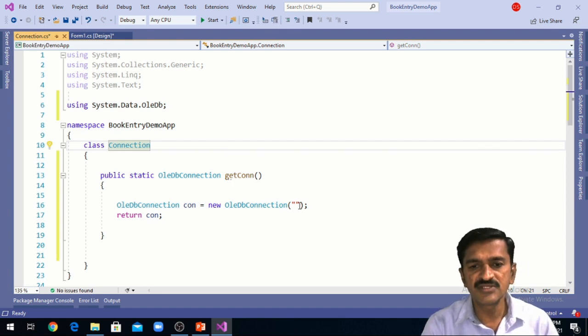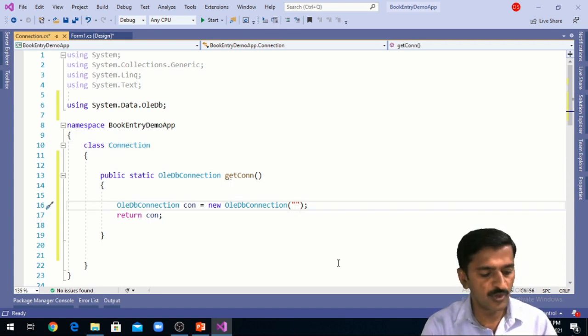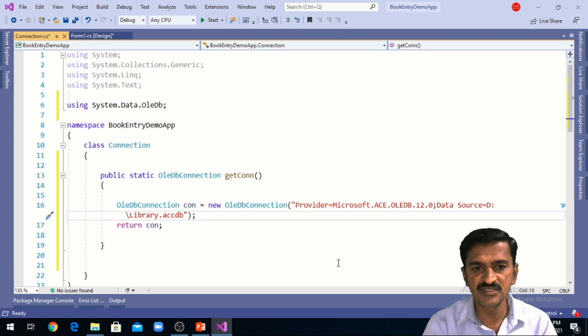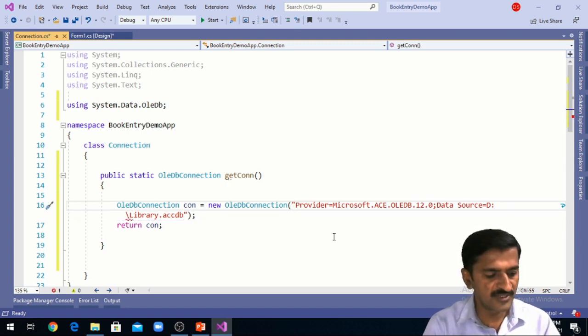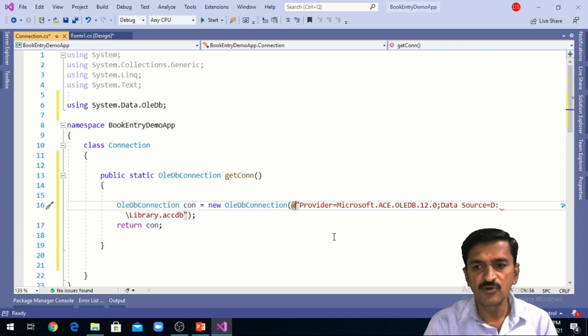Whatever connection string that we have copied, I am going to paste the connection string here. Before that I need to use the @ symbol, because of escape sequence characters; to specify the path in C#, we need to escape the character sequence.